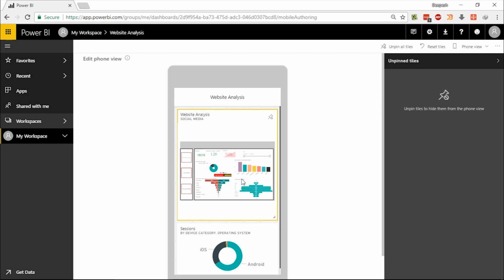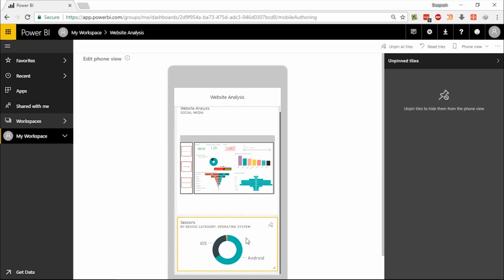So when you see it in the mobile view, this will not really look quite good because you cannot really see how this looks. While if you pin a particular visual one by one, you can really create a good dashboard out of it. So this is how it looks right now.